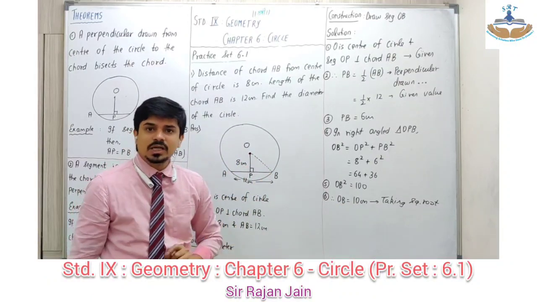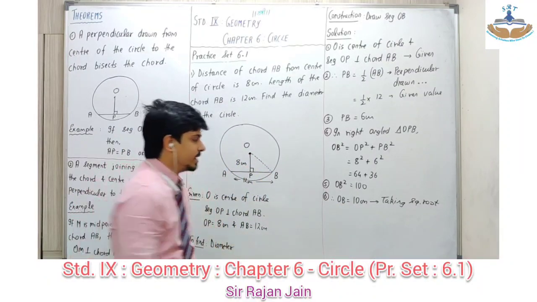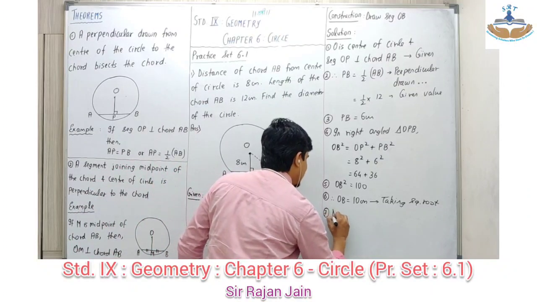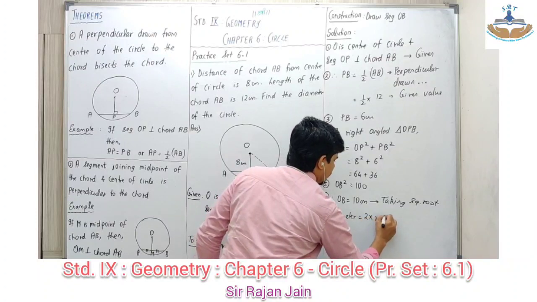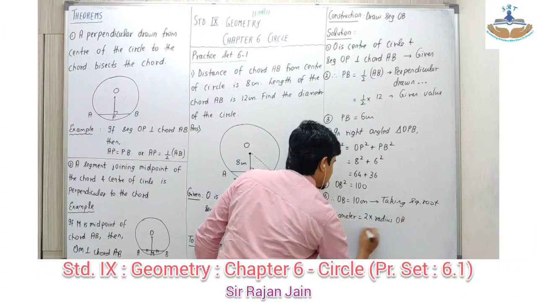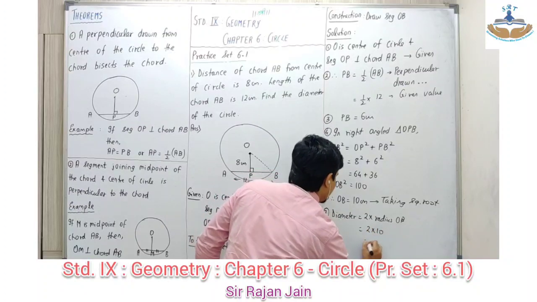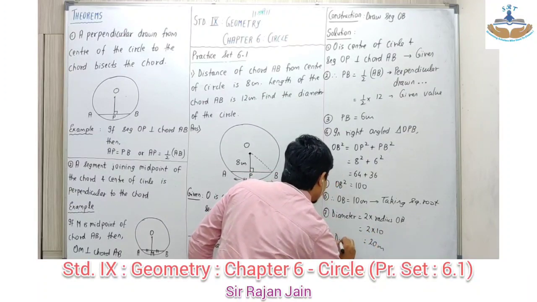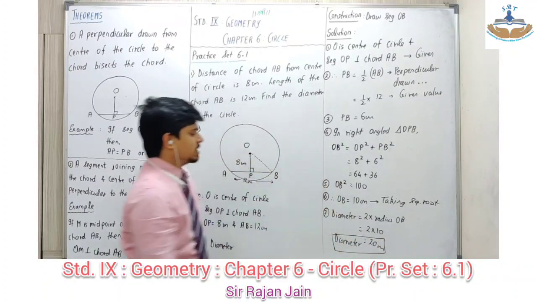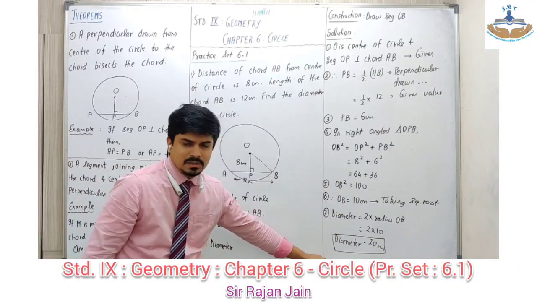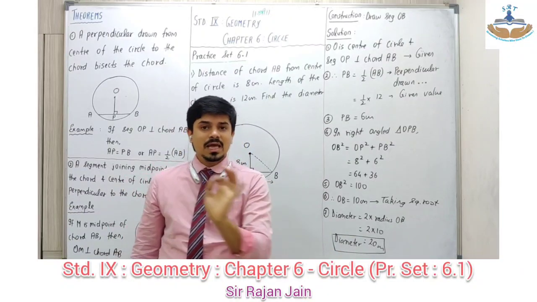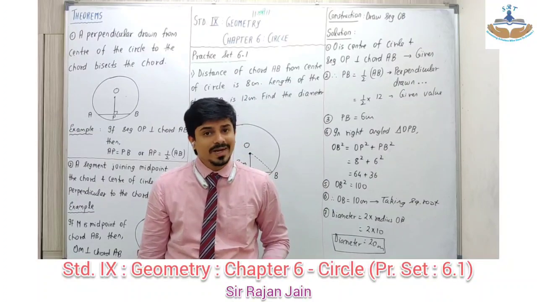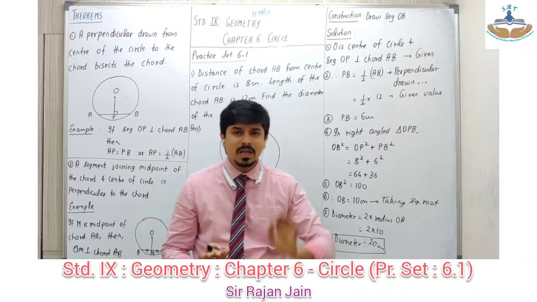Now OB is what? Nothing but radius of the circle. Okay, I need to get the diameter over here. So now I'll say diameter is equal to 2 into radius OB. This is the formula. So 2 into 10, which is 20 centimeter. This is diameter. Put it in a box. This is what is asked in the question, and I don't have enough space over here. Your final answer should be in statement form. You will say therefore the length of diameter of circle is 20 centimeter. समझ में आ? सिंपल है.